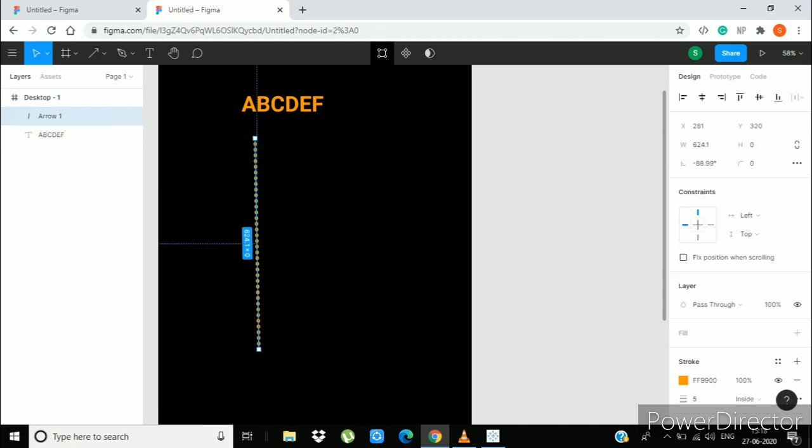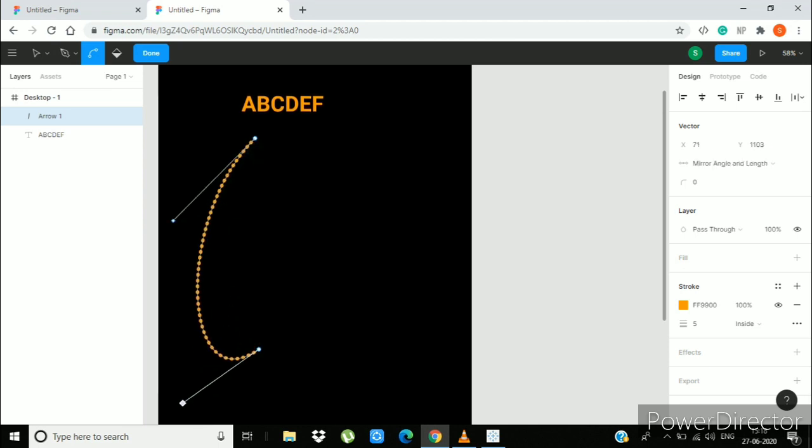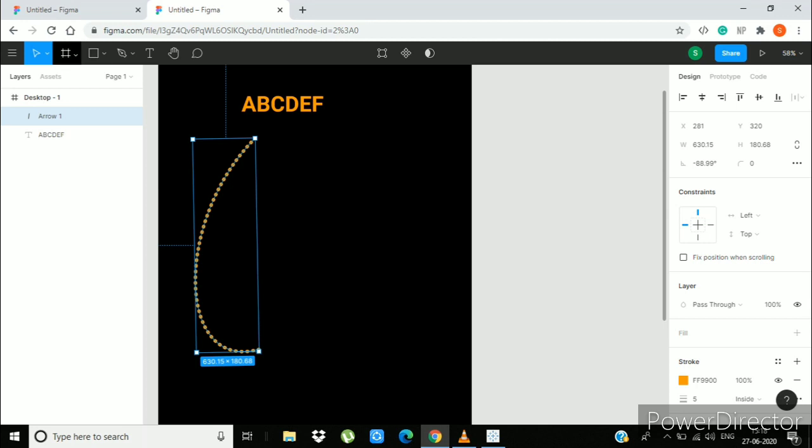Click on the line, go to the bend tool and bend it according to your needs. After that, click on done.